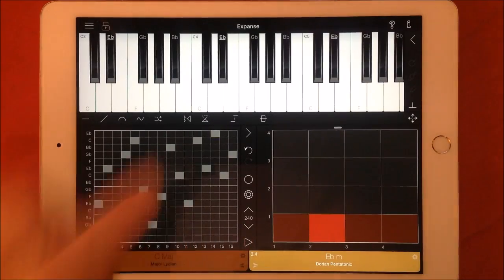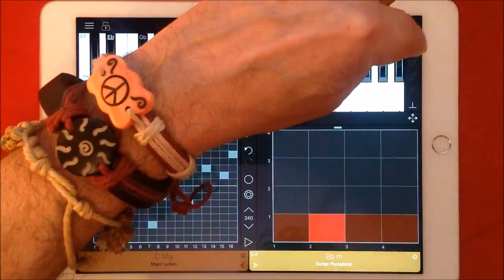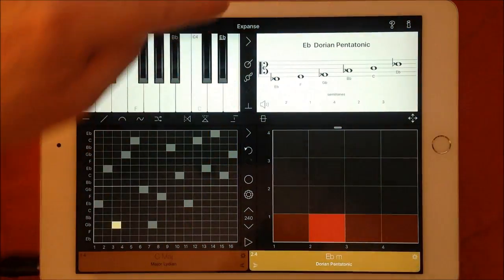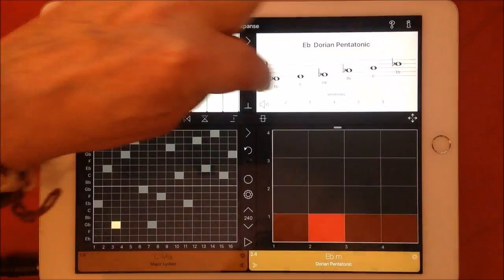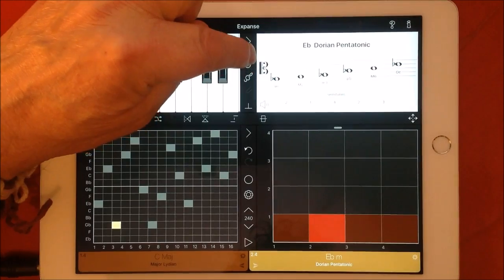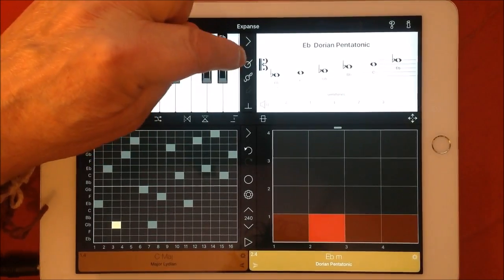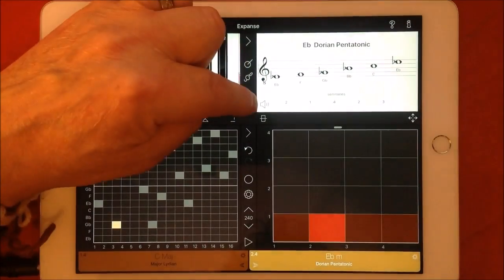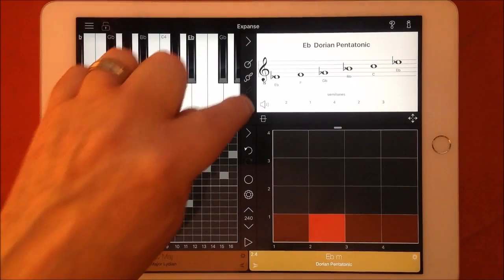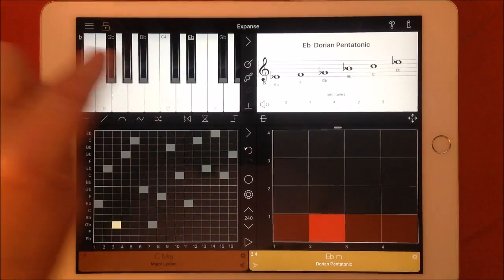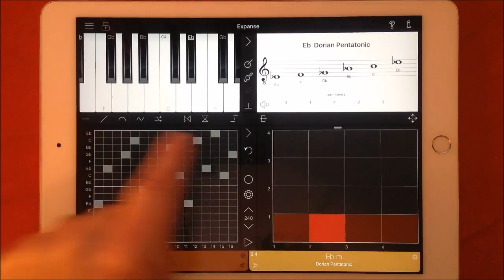So let's just jump back to this. Sorry. Let's get back to our notation view as well. So you just saw that that top one expands. This one here, if you watch the bottom when I hit that, will change the notation view. This is for your bass and treble, it's your clefs, and this recenters it to I think C4. So if you've moved around, it'll just recenter it there. Below here you have various tool